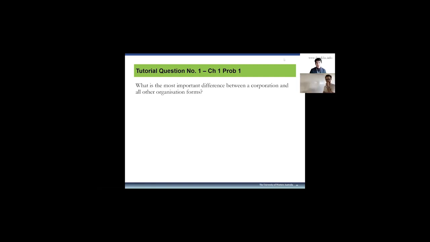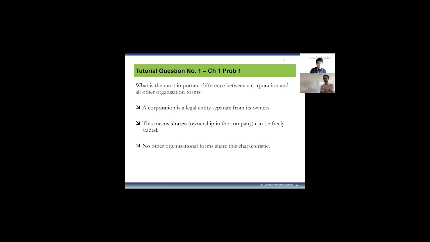Well, apart from taking different names, there are a number of key differences. First of all, a corporation is a legal entity separate from its owners, which means shares, which represent the ownership in the company, can be freely traded. Anyone can be the owner of the company, and no other organization forms actually share this characteristic. And investors can be anonymous from any background, and there is no limit as to how many owners a